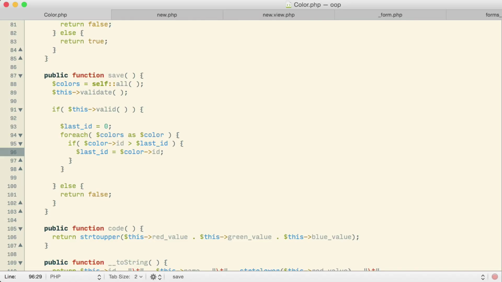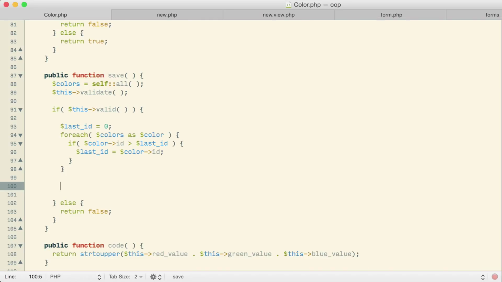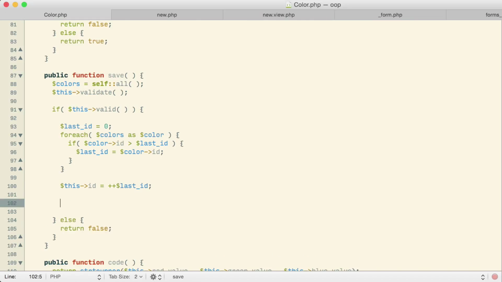So last ID will always be the greatest ID that we find in all the colors, just like what we had before. And then finally, to make this object's ID correct, I'll set this object's ID to a pre-incremented version of last ID. So that's where we go one step beyond whatever the last ID used was. And once that's done, this new color that we're trying to save should then have its ID and can be put into the colors array.